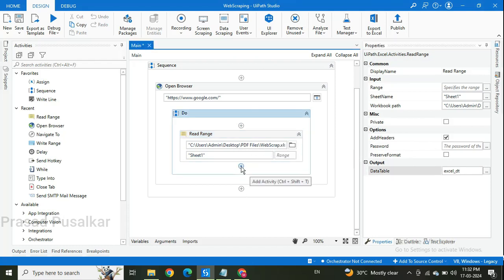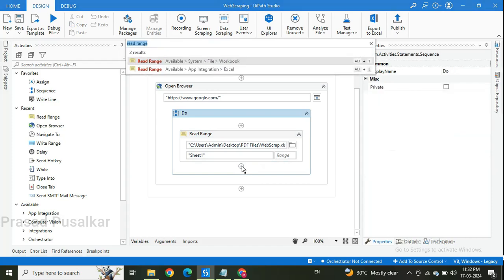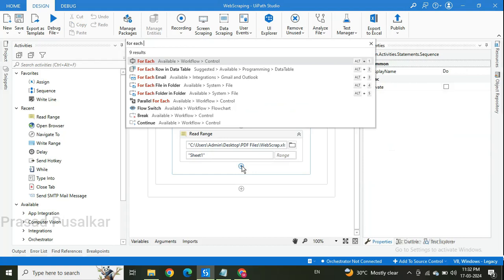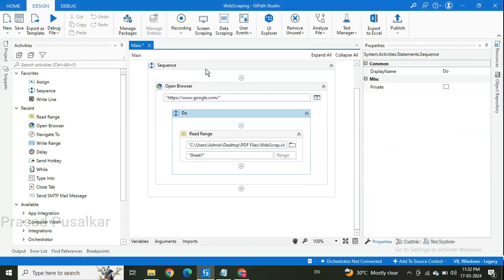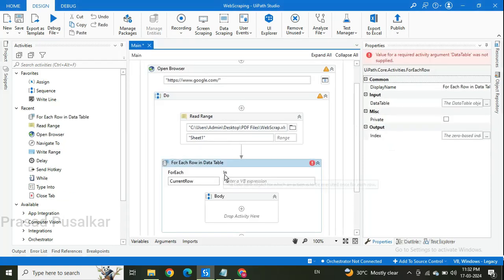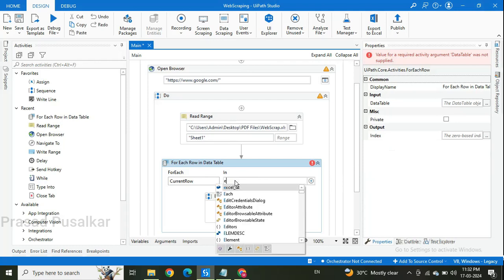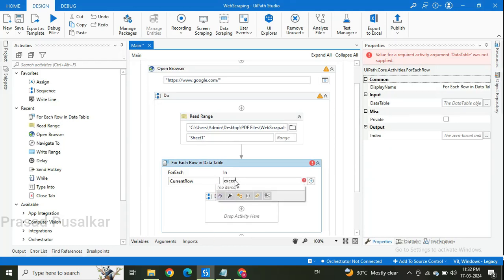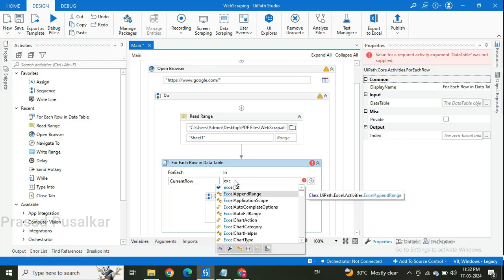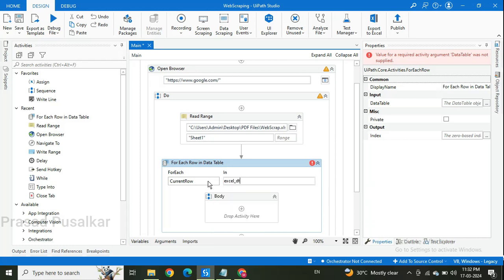So we will be selecting the for each row in data table activity, which will iterate through each topic in that data table. So for each current row in the excel_dt that we have just created above, for each row in excel_dt,